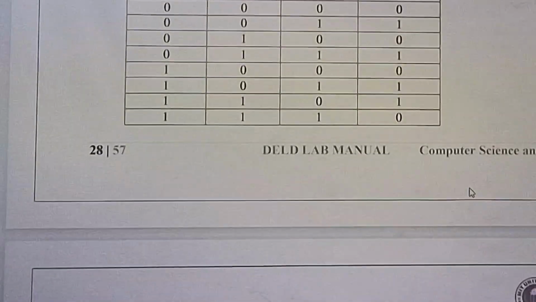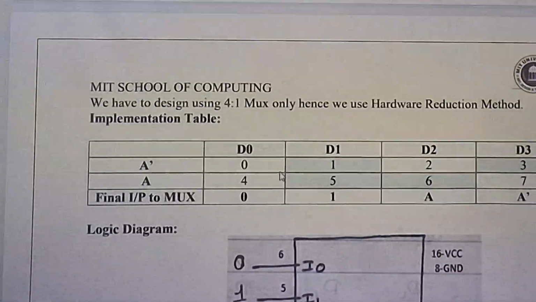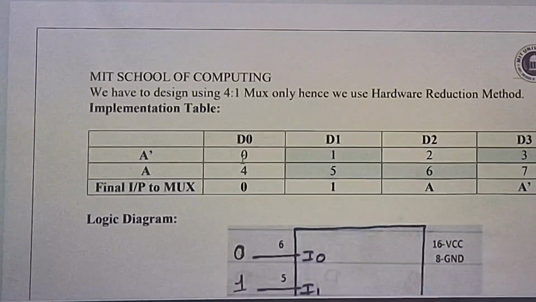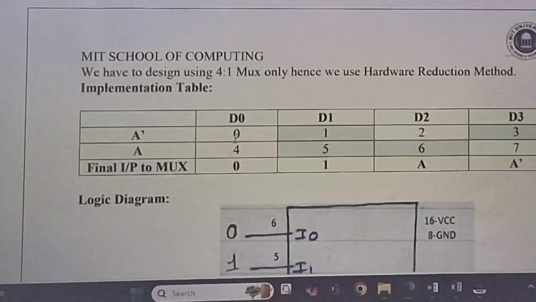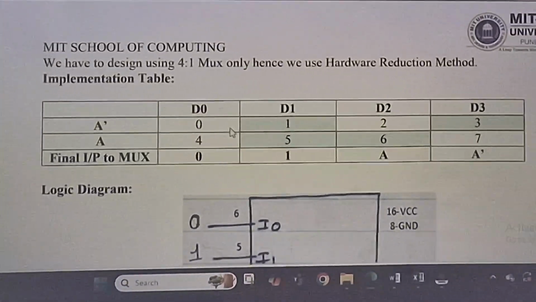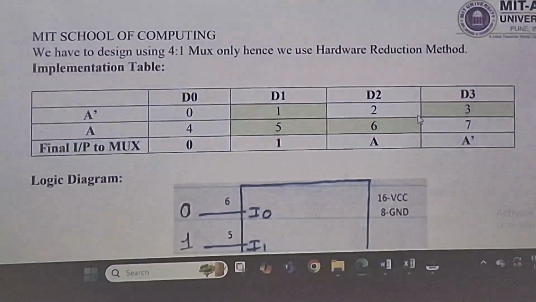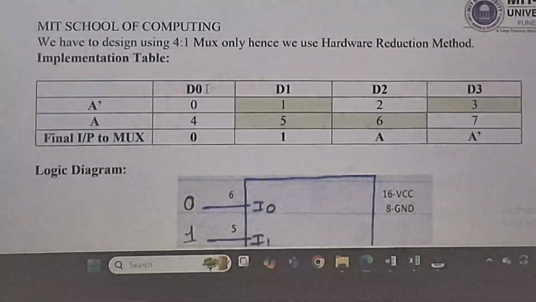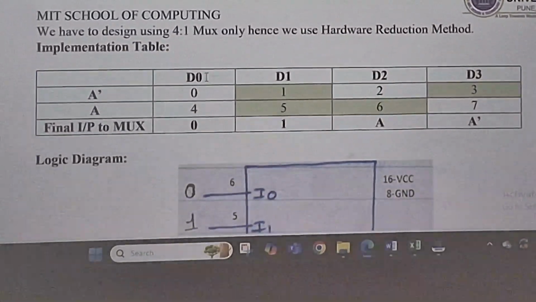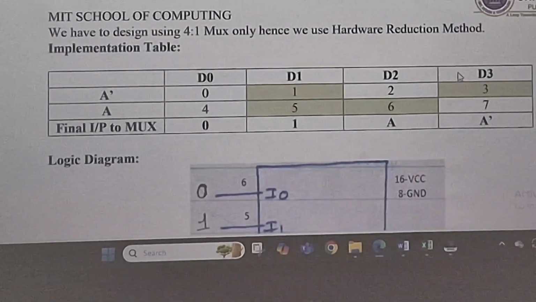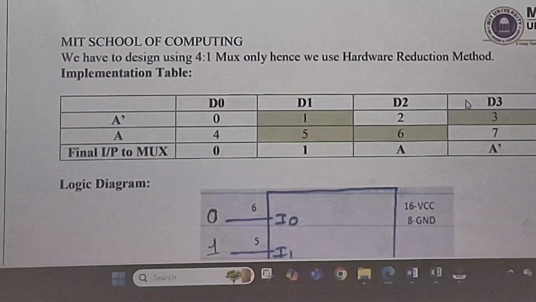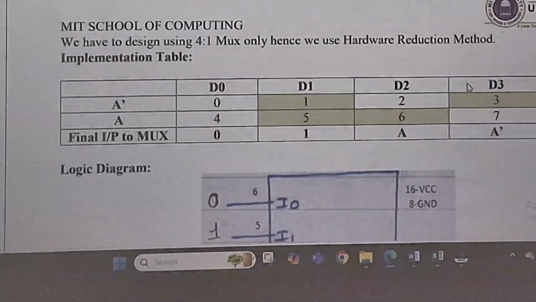Now you need to draw the hardware reduction technique layout. This is called a layout. Yes, this is not a K-map, student. This is not a K-map. So this is the layout you have to draw in the examination. Now, I want to convert this 8 number of inputs into the 4 number of inputs. Yes or no? Because मेरे पास 4:1 mux की IC है.